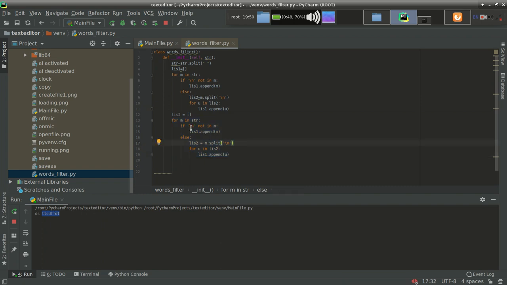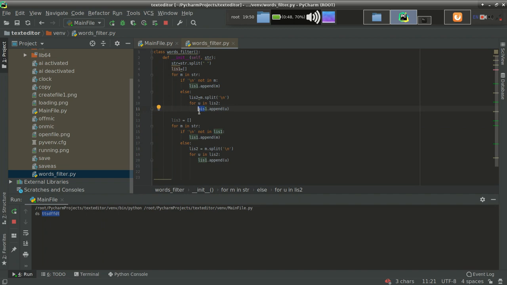I am just changing the code. Here I'll use in list 1. I am using list 1 here because I'll reach here after completing these steps. So backslash n will be removed automatically, and at this point I'll get only list 1.